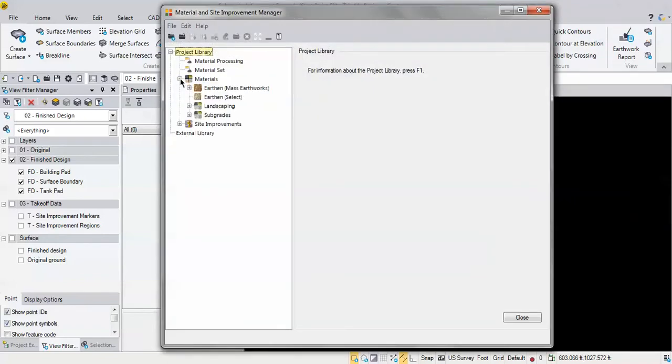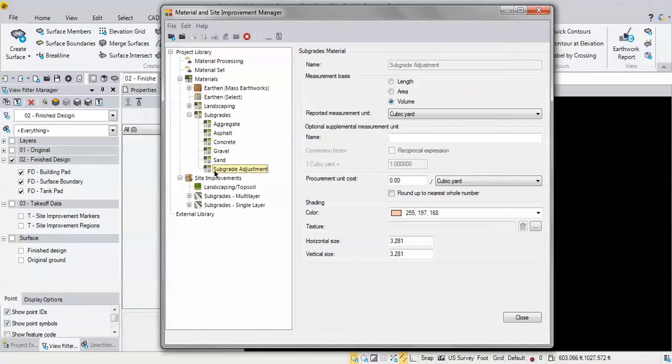you need to have a material and a site improvement set up. So I have subgrades in here, and I really just need this one by itself. I don't really need the ones for aggregate and concrete and sand. I just need a generic subgrade adjustment material in there. So you just have to create something. It's almost like a placeholder for the site improvement. So add that into your material and then go down to your site improvements, and you're going to look for